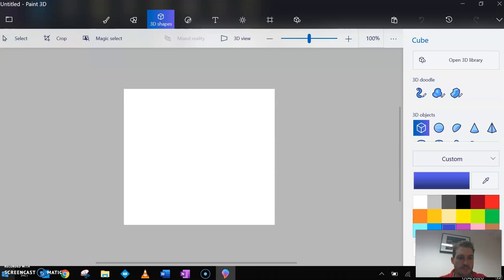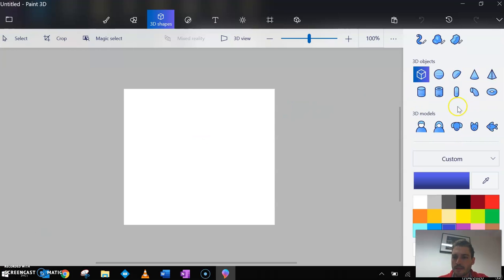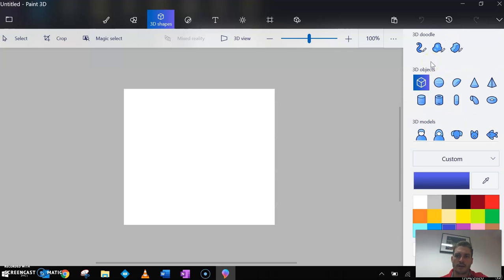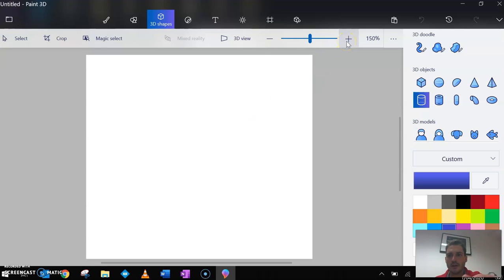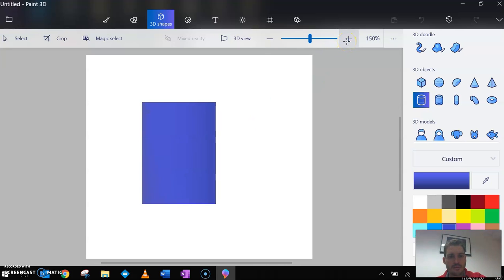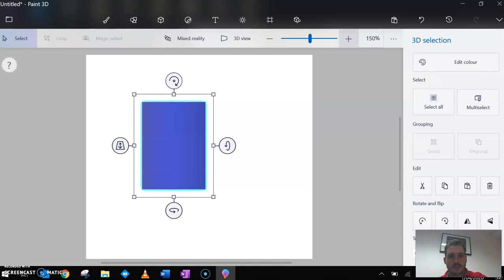So once you click 3D shapes, you'll see that you have 3D doodle, 3D objects, and 3D models. This is going to focus on 3D objects and how you can create composite objects using one or more of these. So I'll start with the cylinder icon. I'm using a stylus, but it works just as well with your mouse pad or wireless mouse. Simply draw the shape, focusing on the corners so that it's even,